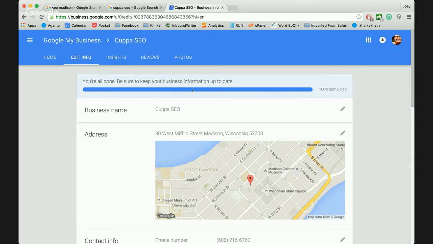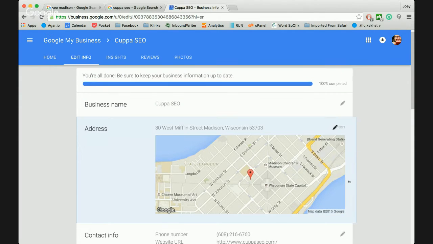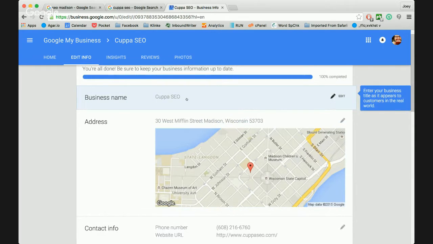So 100%. Yay. The next line is the business name. Now, if you're not incorporated yet, go ahead and use your business name anyway. I'm an LLC. I don't put that here just because it looks nicer without. But put your business name in here. If you're just getting started, you can always edit this down the road. But it's a better idea beforehand to make a decision about your business name. You don't want to be changing it once you put this page up, just for the fact that it could confuse people, okay?